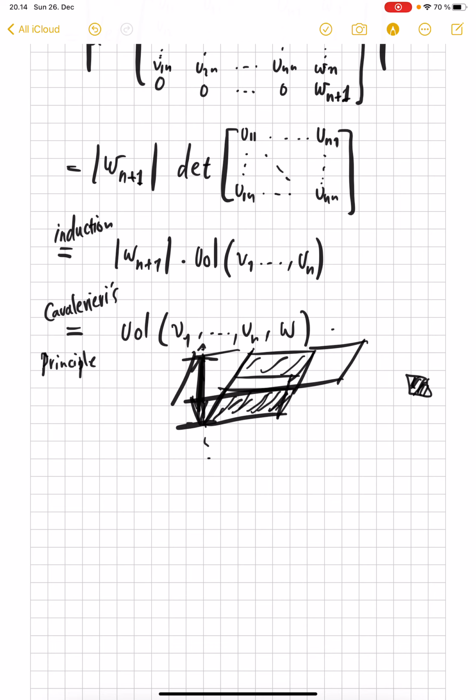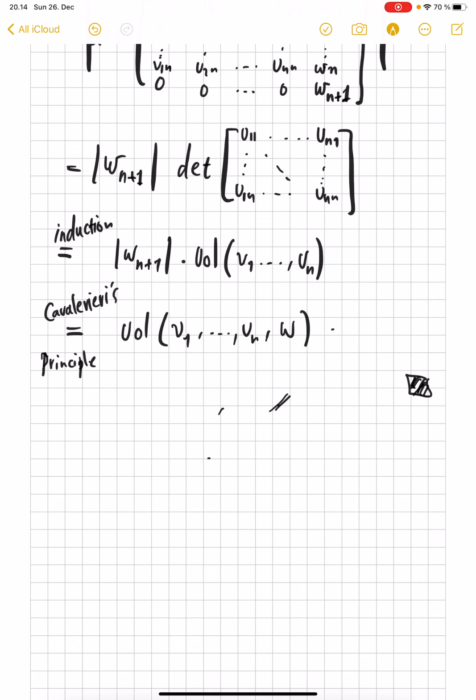And that's where this comes from. Okay, what we have shown then is that if you are in R^n and you have n vectors, the volume they